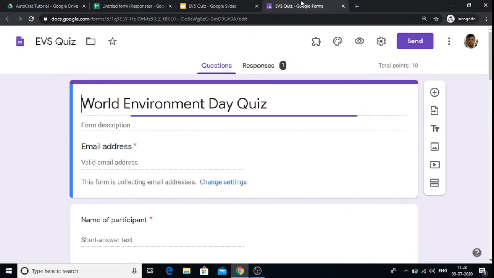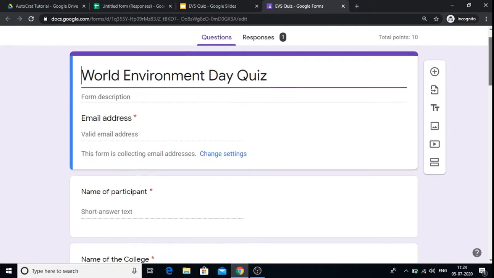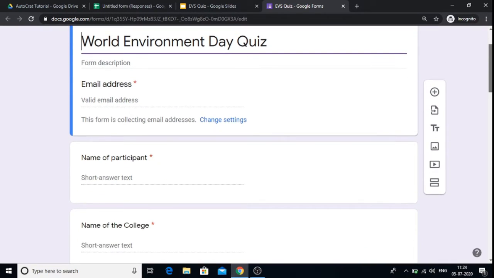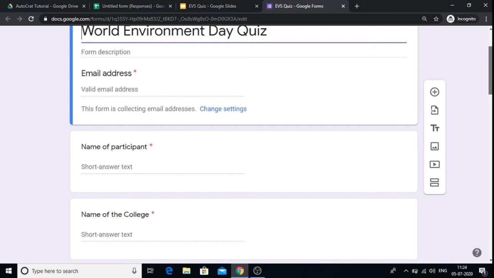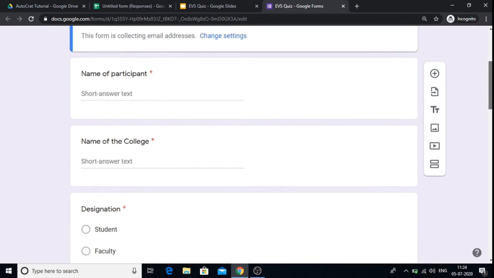Open your Google quiz and check out the settings as well as all the parameters, whether they are correct or not.